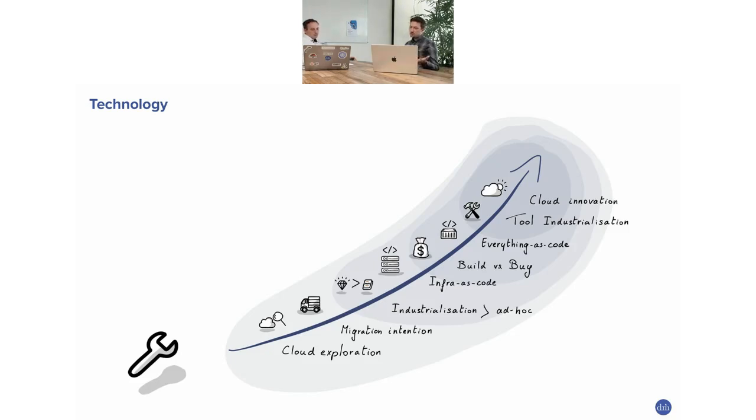And also for technology, you typically start with exploration, as you said, cloud exploration, for example, and you have an intention to migrate maybe to the cloud. Then you start looking at an industrialization process and finding that balance, as we discussed, and moving more to rigid processes in the sense of code. You want to put as much as code as possible because that is deterministic, that is reliable. So you see infrastructure as code and everything as code approaches.